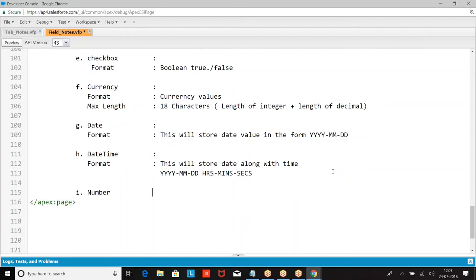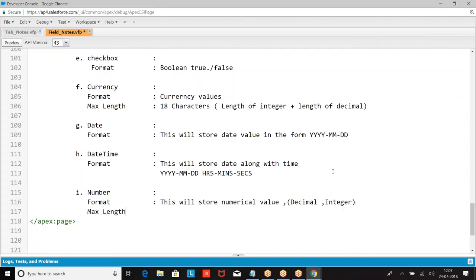Then we have number. Number means any numerical value. If you want to store currency value or decimal value, you store numerical value. Max length.